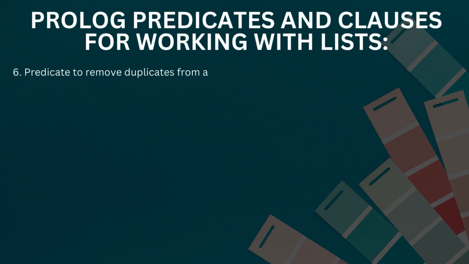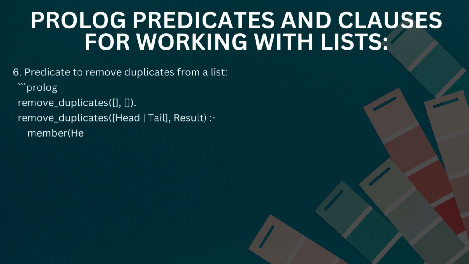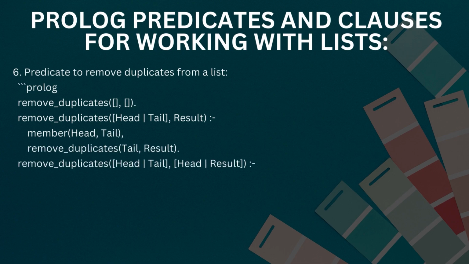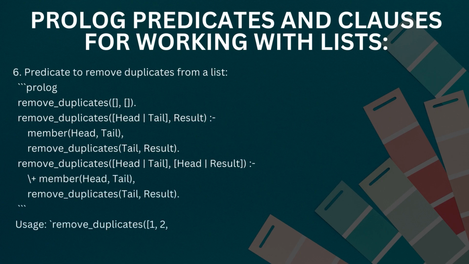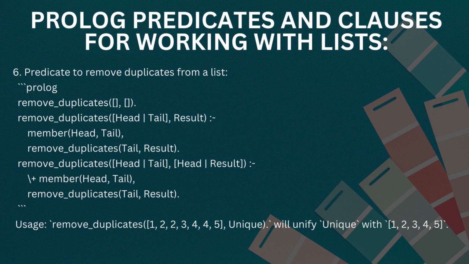Predicate to remove the duplicate list from a list. So, how can you remove the duplicates? You write: remove_duplicate([], []). remove_duplicate([Head|Tail], Result) :- member(Head, Tail), remove_duplicates(Tail, Result). remove_duplicate([Head|Tail], [Head|Result]) :-